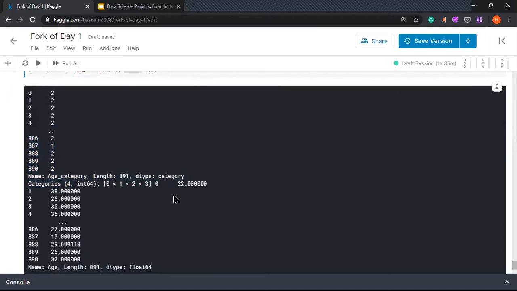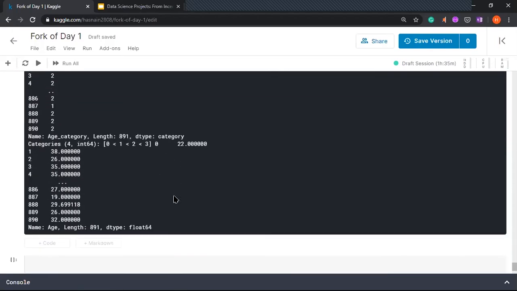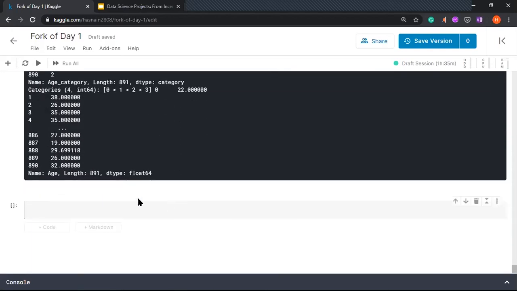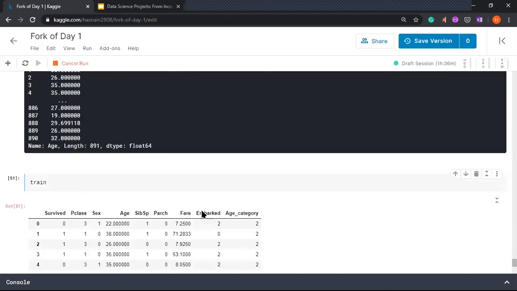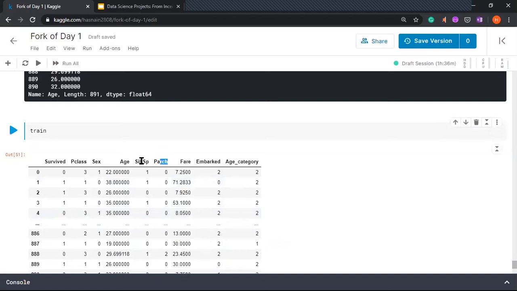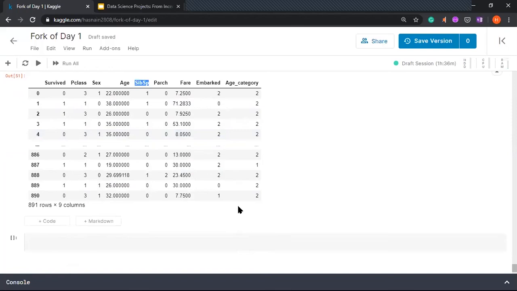Okay. So now we'll go for the next part. This was one example of feature engineering. The second feature that we are generating is basically, we have parch, that's basically the parents, and we have SibSp, that's the number of siblings. The number of parents and number of siblings maybe are not very useful on their own. We want to generate a new feature out of them, the family size of a specific individual. So first we have these columns, parch and SibSp, but then we are going to create a new feature that is basically the family size.